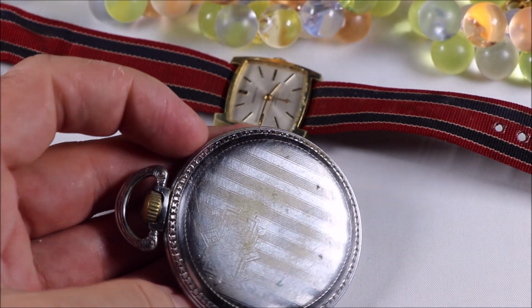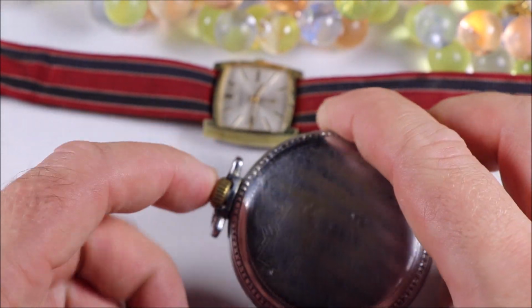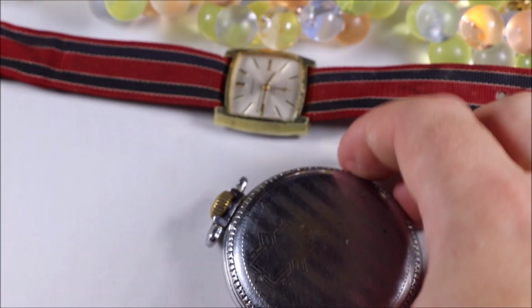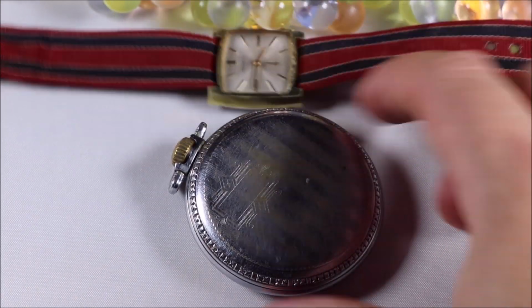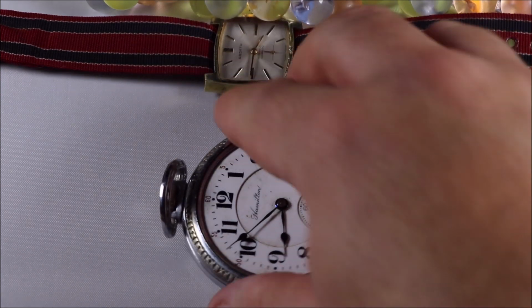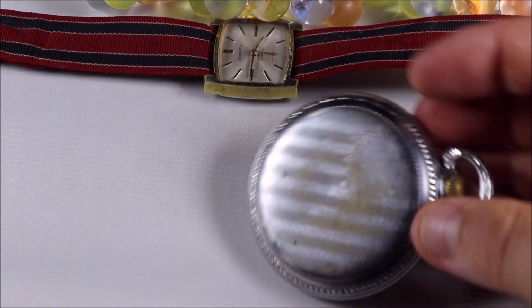I don't know how to open this one. It looks like it has a push button here. You can see there is some play there that maybe is a latch. But I tried to unscrew this, because this front bezel unscrews. It's a screw front, but this back one I can't get to unscrew,